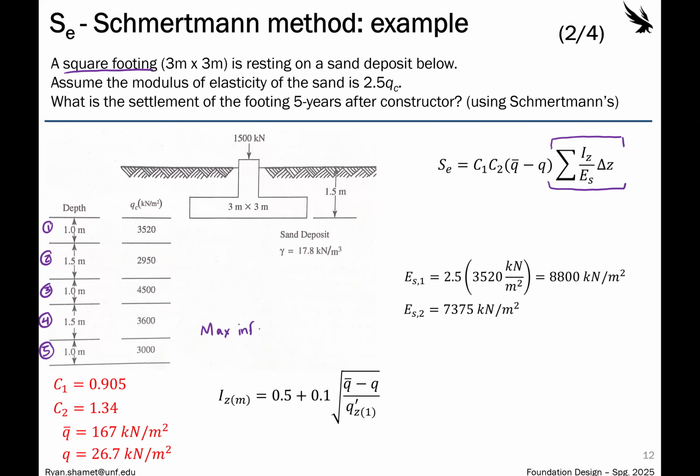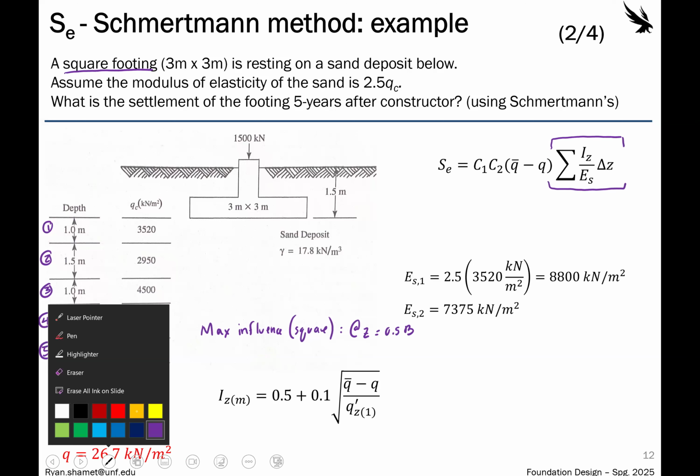So the max influence for a square is at a depth of z times 0.5 times the base. So that would be at a max influence of 0.5 times the base, which is